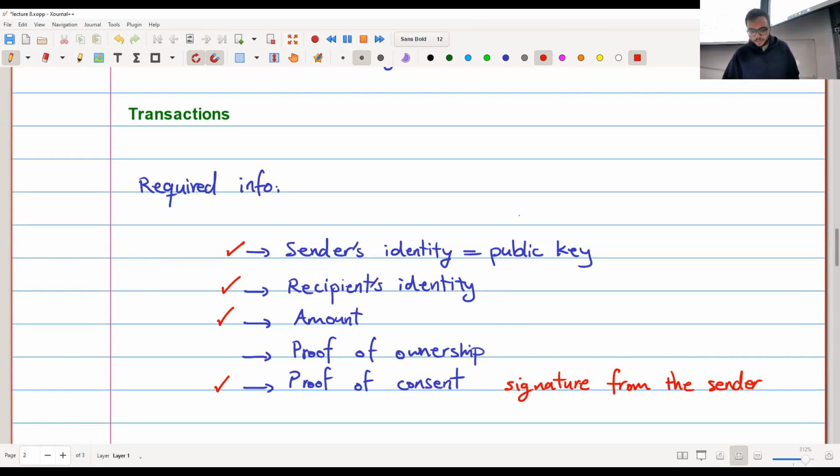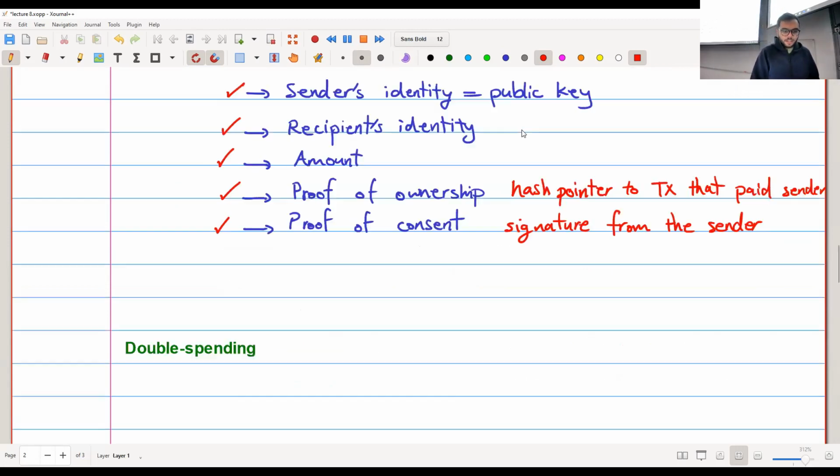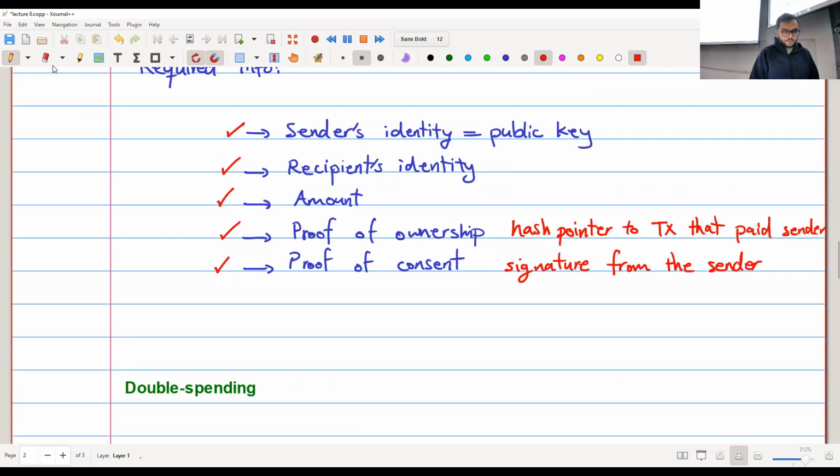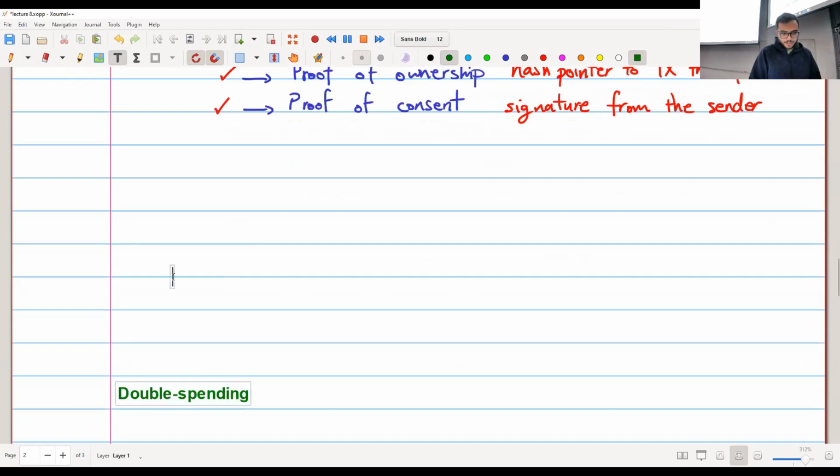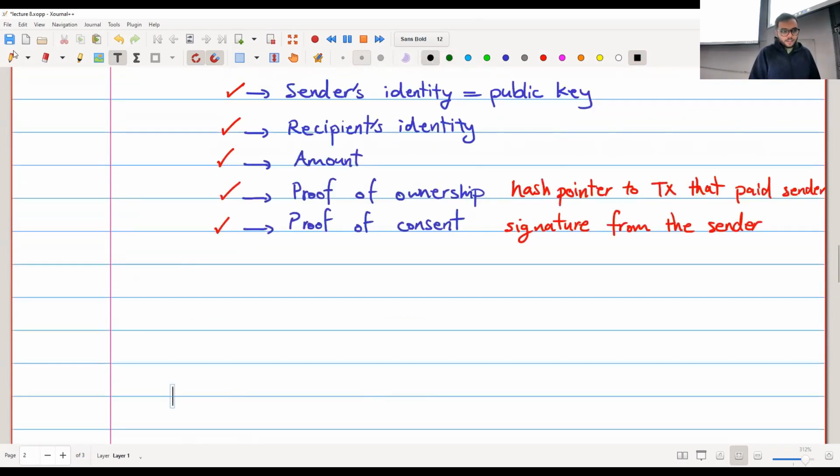So the proof of ownership is actually going to be a hash pointer because, of course, we're doing crypto, so we're using hash pointers. And this is going to be a hash pointer to the transaction in which I received this money, to the transaction that paid the sender. Okay, so this is how my transactions are going to look like. It's a bit early for this one yet, so let me put it down. Okay, so,